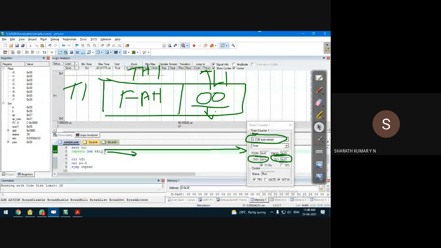F11 on my keyboard, you can observe this TL1 area, guys. This TL1 window, it is counting the clock pulse. So till it reaches FFH, we have to wait. Since it's only 8-bit, it doesn't take much time. Okay, now FB, FD, FF. So it has reached the final count.